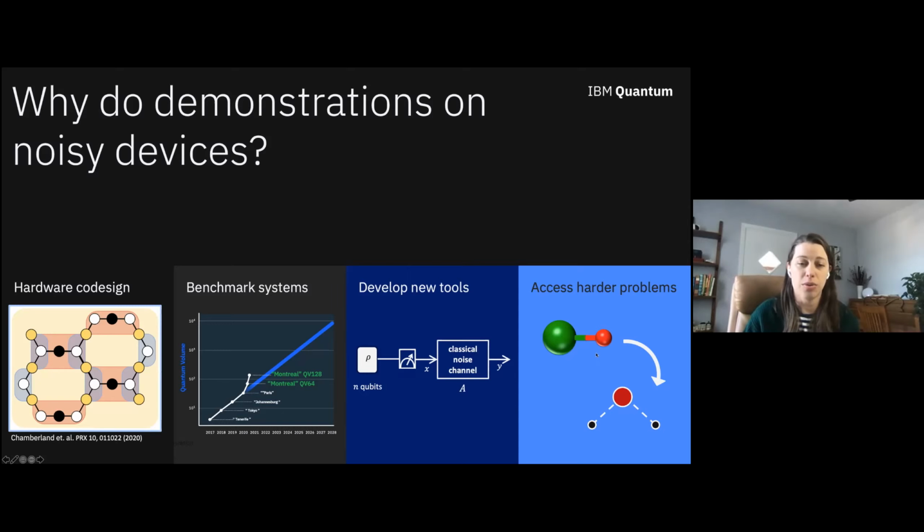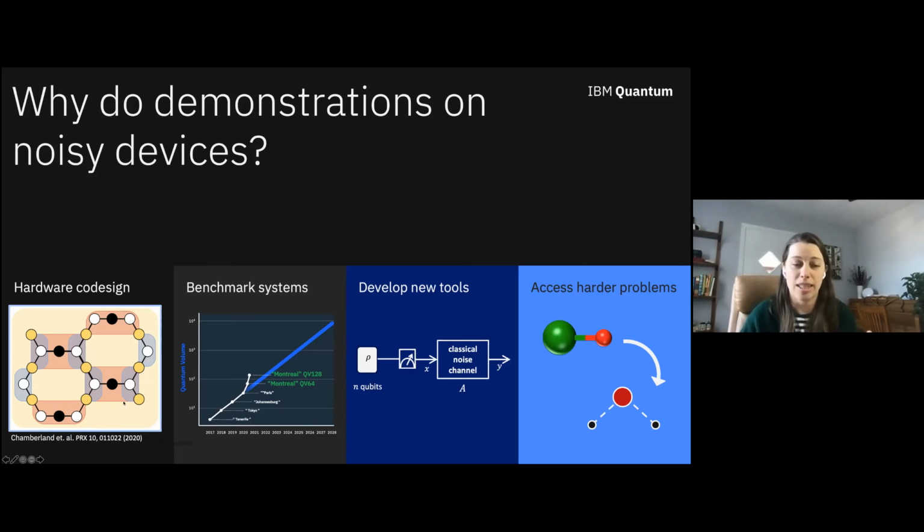So there's a few different components to this that I'm going to talk about today, and how do we get to harder and harder problems. The first piece that I have highlighted here, I'm not really going to spend any time on, but I think it's important to note co-design of hardware and error correcting codes, or co-design of hardware and algorithms. The IBM Quantum theory group had some work last year where they developed new classes of error correcting codes, including this heavy hex code,